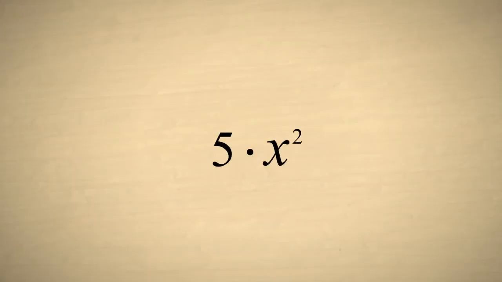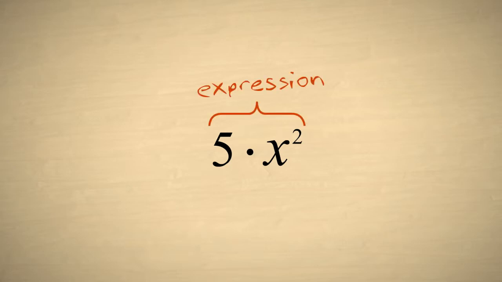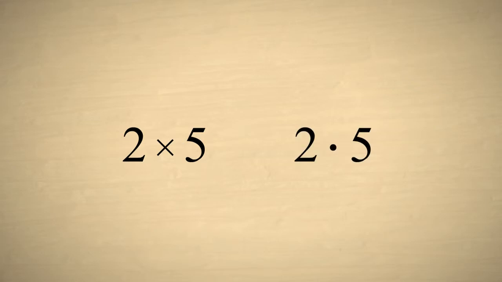A group of numbers and/or letters combined using mathematical operations is called a mathematical expression. The individual elements which are added, subtracted, multiplied, or divided to create the expressions are sometimes referred to as terms. There are several ways to write products of terms. As we saw earlier, when multiplying numbers, we can use either the standard multiplication symbol or a dot. In our lectures, we will typically use a dot to indicate multiplication so that it will not be confused with